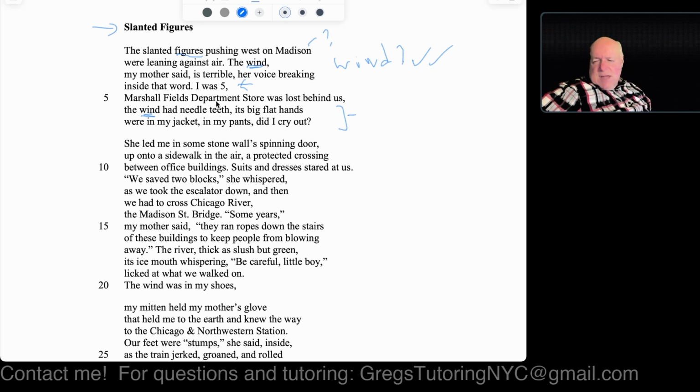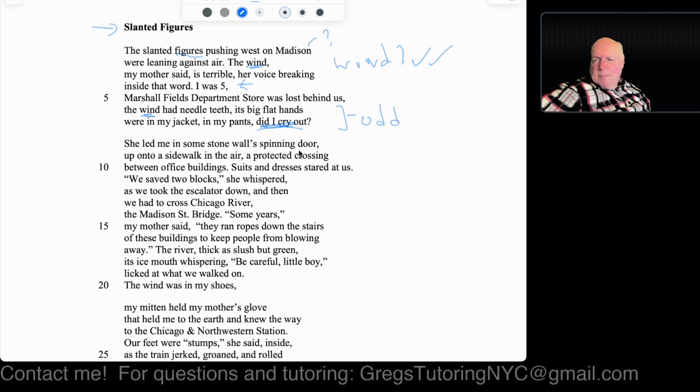Now, we don't know if it's the summer or anything, so it's kind of hard to say that it was winter, but the child ends up saying, "Did I cry out?" That probably means it was the winter, because imagine super cold winter wind ripping through your clothes, where your coat doesn't really matter. It's that cold because it's that windy. The cold and the wind is just permeating through you. That said, there's something interesting here as well. Imagine a 5-year-old kid who's freezing cold in the wind, and they don't complain, they don't cry. That seems to be odd.